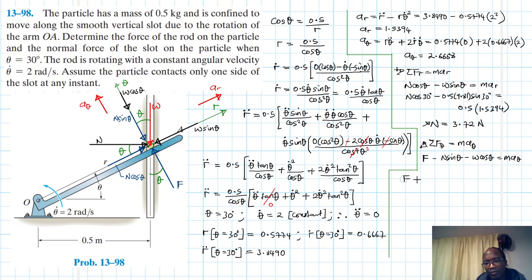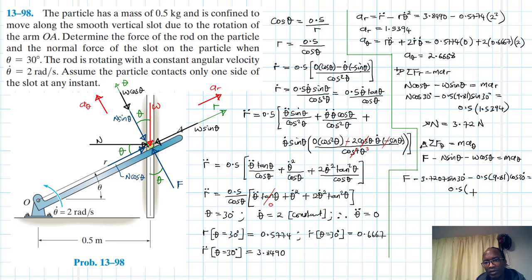So our F minus N, which is 3.7207 (I'll put 4 decimal places), sine 30, minus W, which is 0.5 by 9.81, cos 30, is equal to